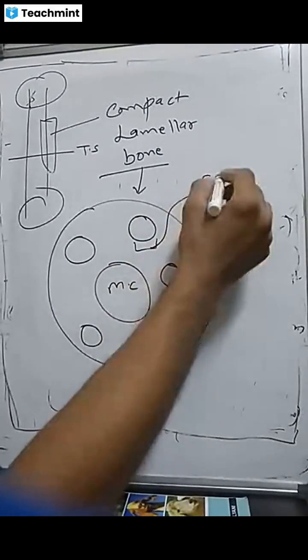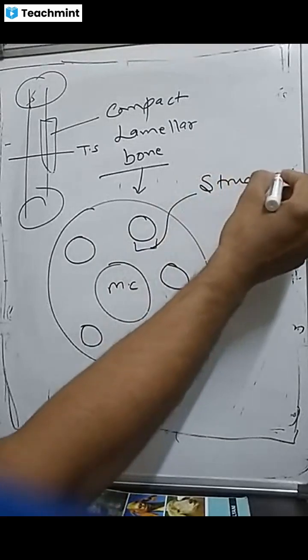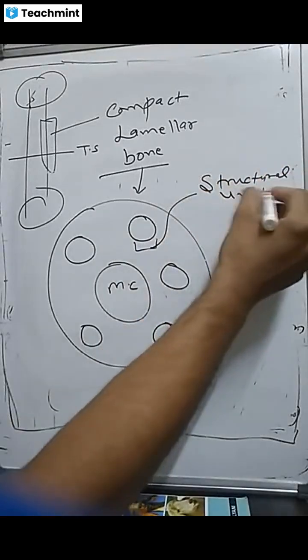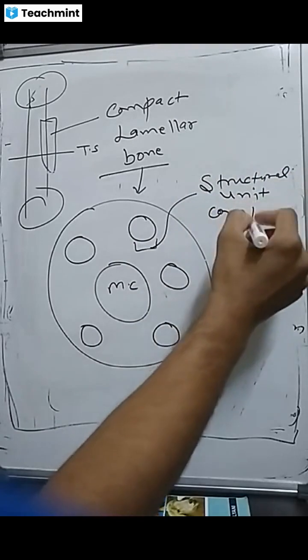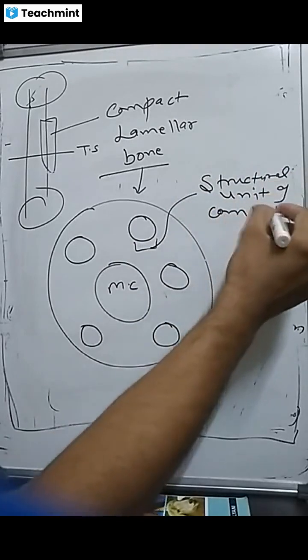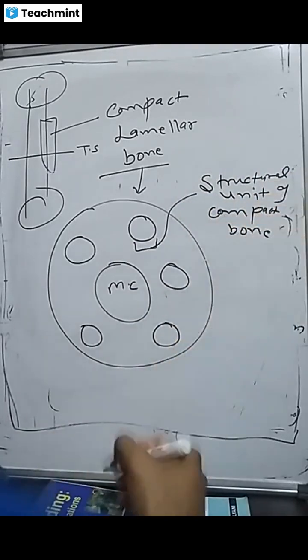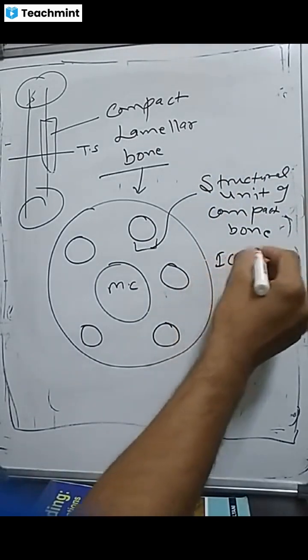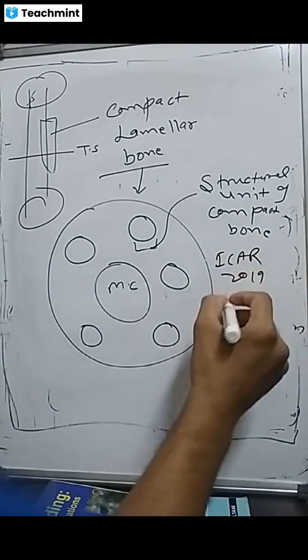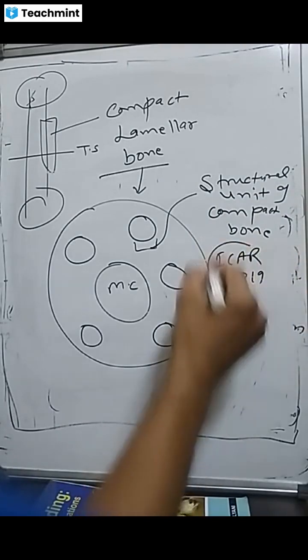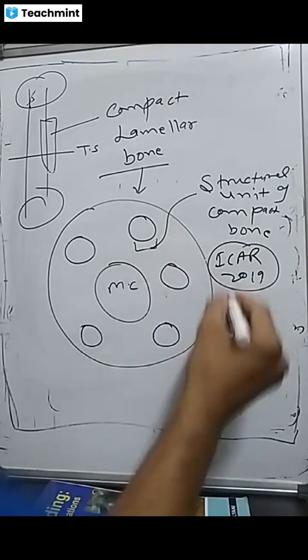These are known as the structural unit of your compact bone. It was asked in the ICAR 2019 exam paper that